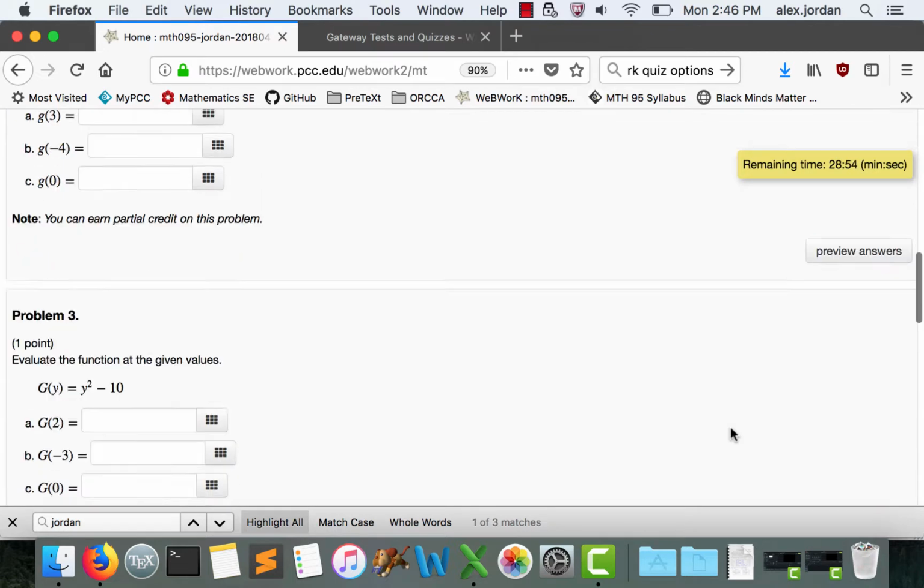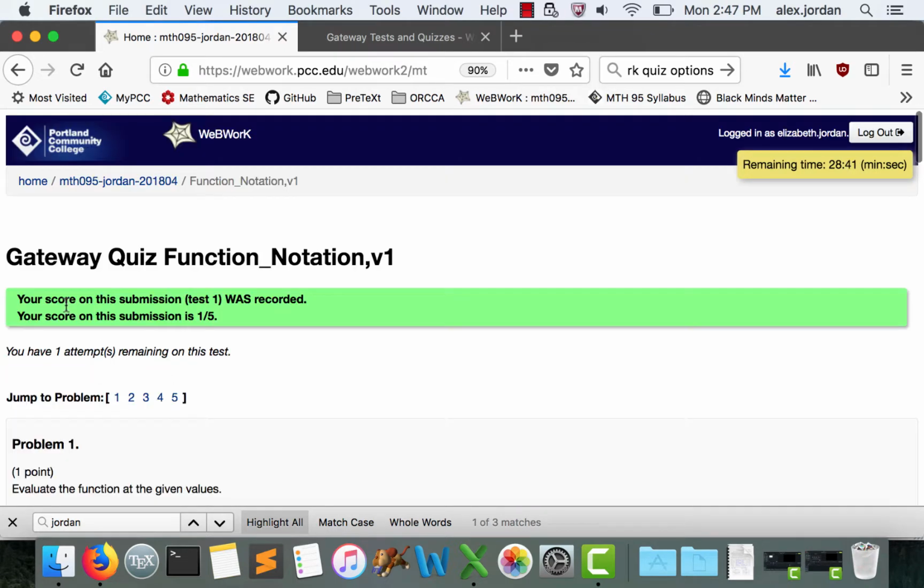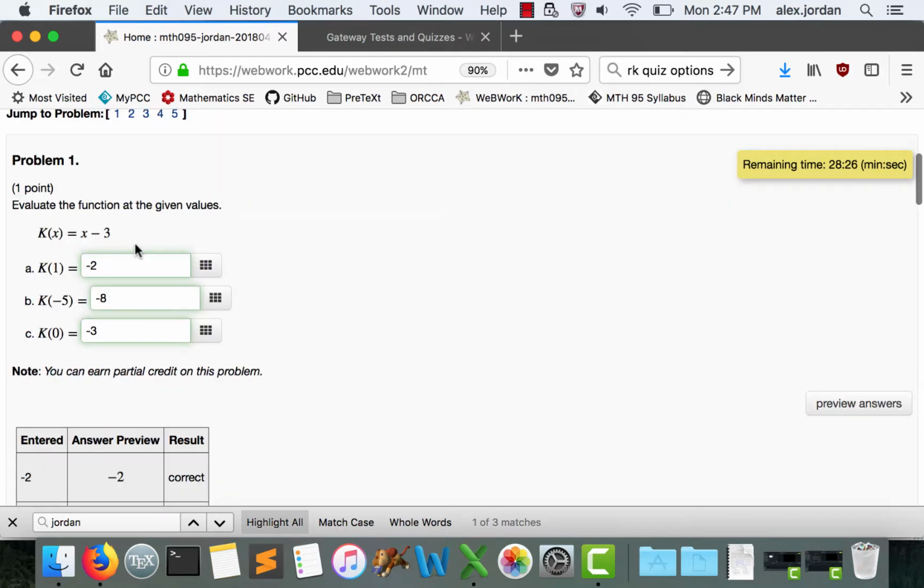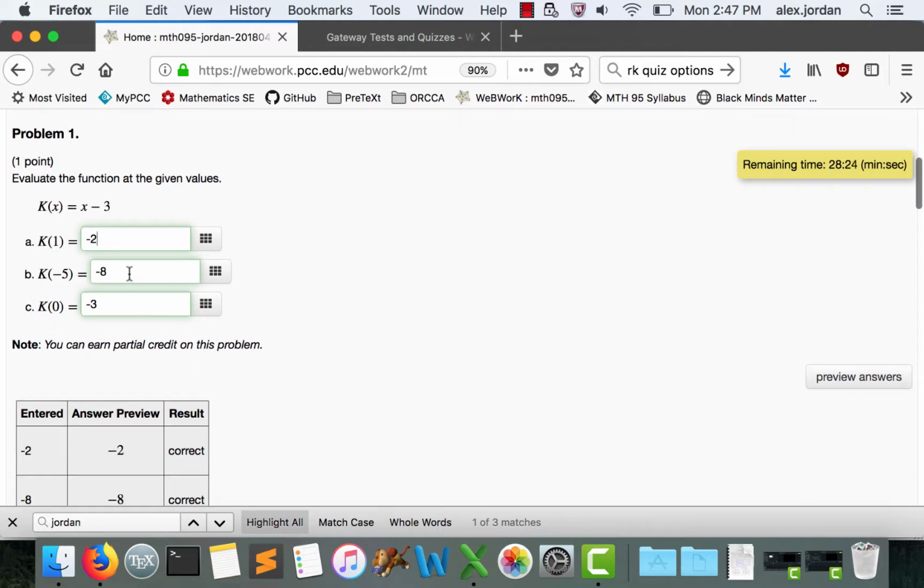If I scroll down to the bottom and I click to grade test, my score was recorded. I got a 1 out of 5 on the entire exam, and I have 1 attempt remaining. If you'll recall, when we were the instructor, we allowed students to have 2 attempts on this exam. Now I can see, since the settings were set to be such, that question 1 is the one that I